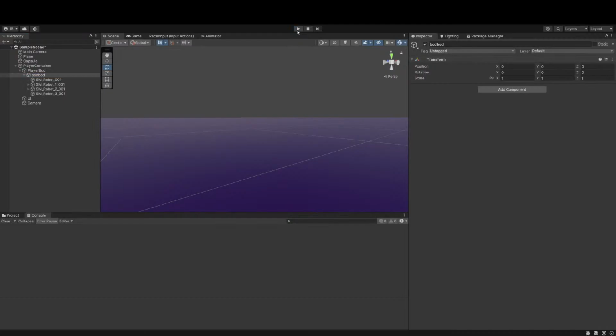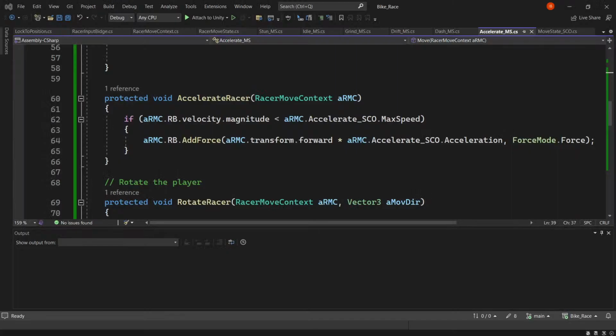Did I not connect something correctly? He has the movement. So he's moving in a direction. So he's moving. Okay. One problem is that the accelerate racer add force accesses this